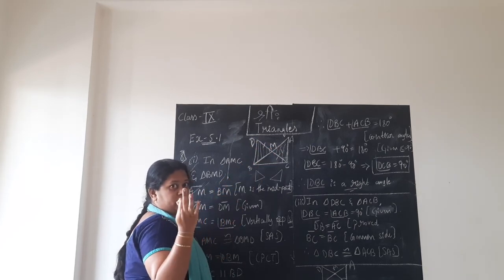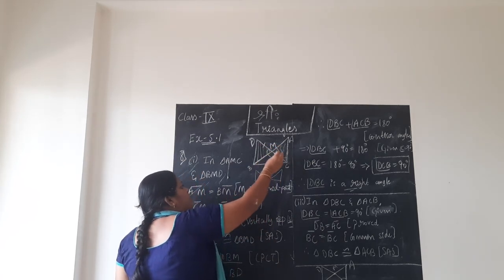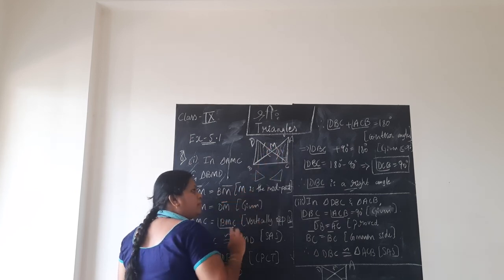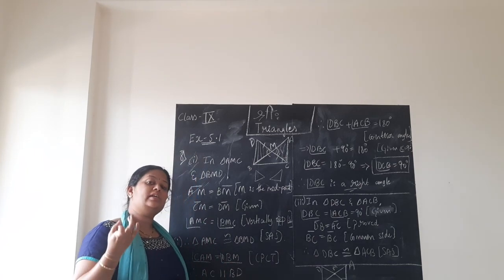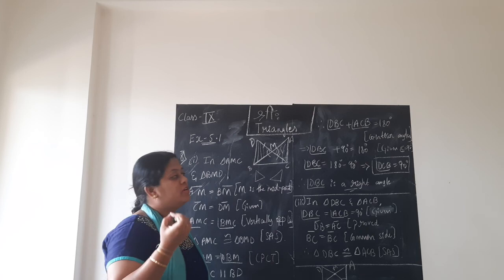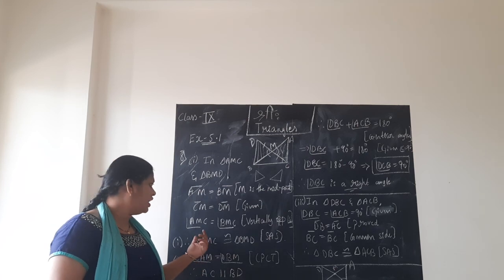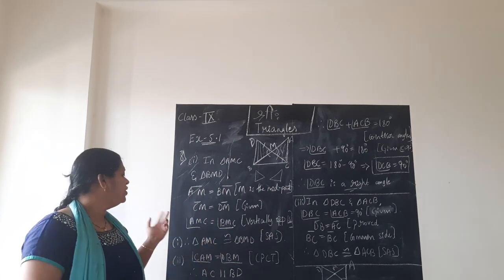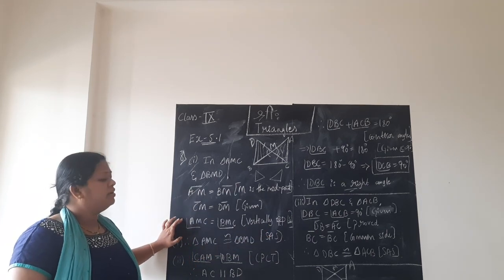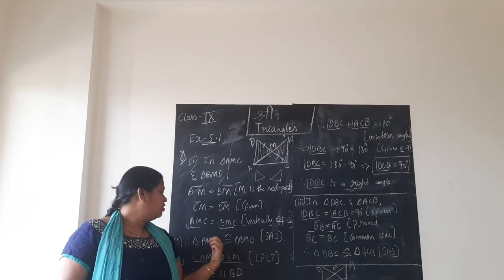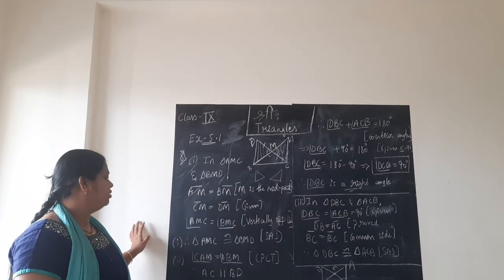I told you in homework problem number 3 of this exercise, I think, there also you can say these two angles are equal. Why? Because they are vertically opposite angles. You have learnt in class 8, I explained what are alternate angles, what are corresponding angles and what are vertically opposite angles, children. So, angle M of both the triangles are vertically opposite angles, or you can write common angle also. So we proved two sides and one angle are equal, SAS congruency. In the first sub-question we proved triangle AMC is congruent to triangle BMD.